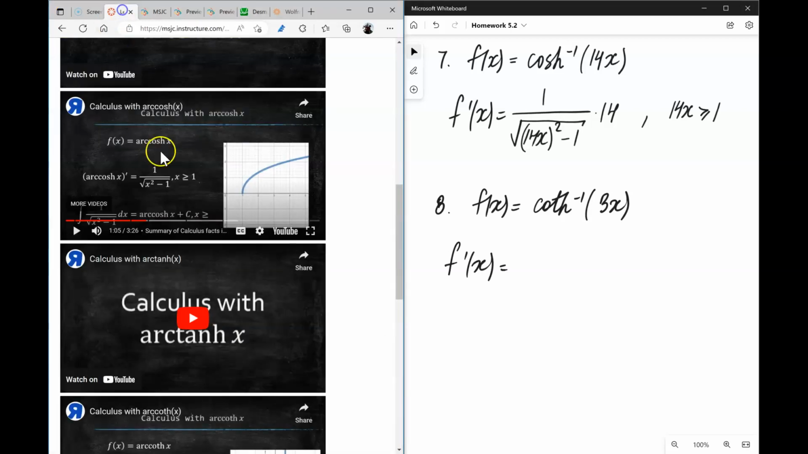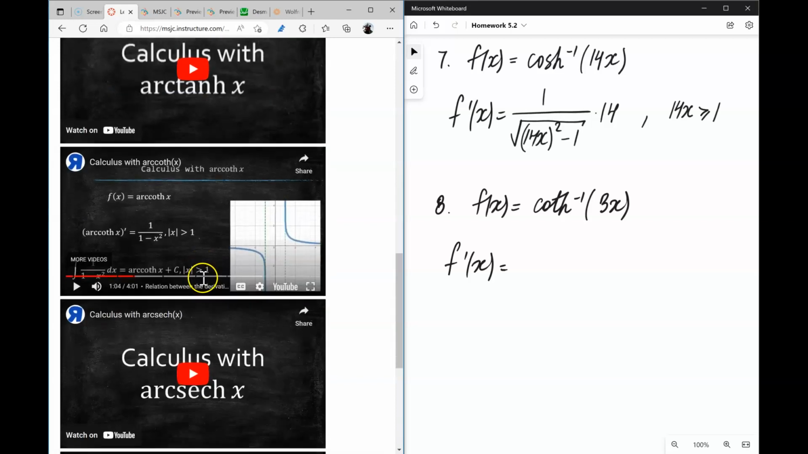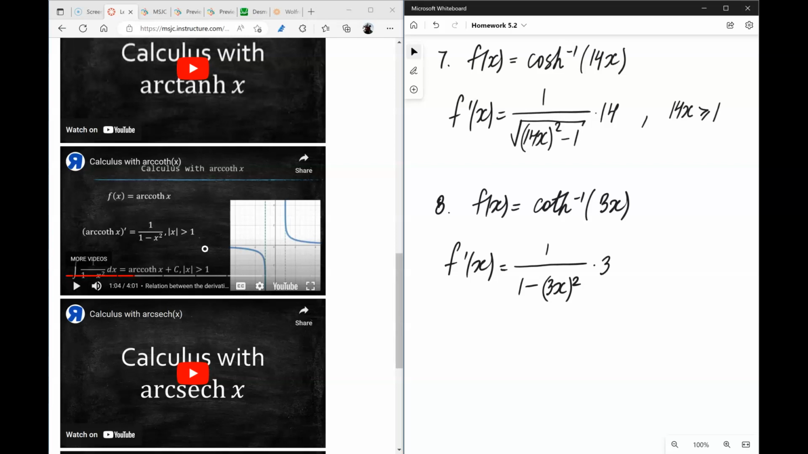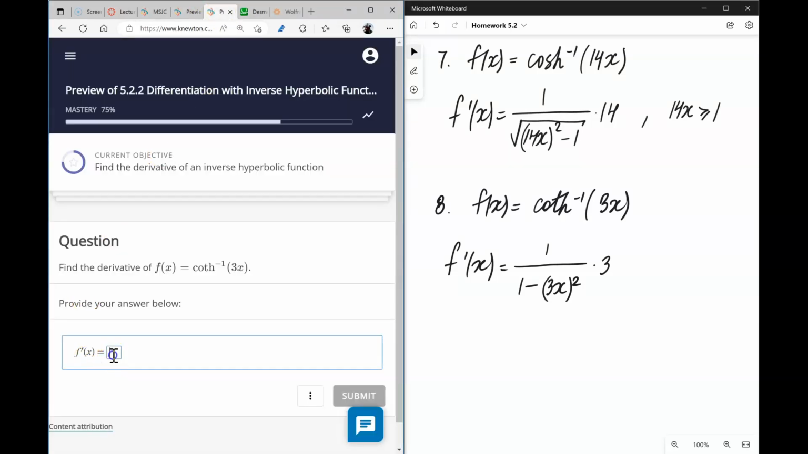Derivative of this function is the derivative of cotangent inverse times derivative of 3x, which is just this. So the answer is